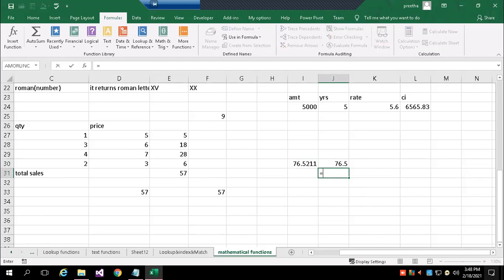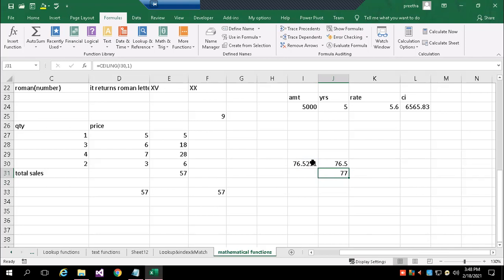In the same way, if I say CEILING, number, what is your number and how many decimals you want.